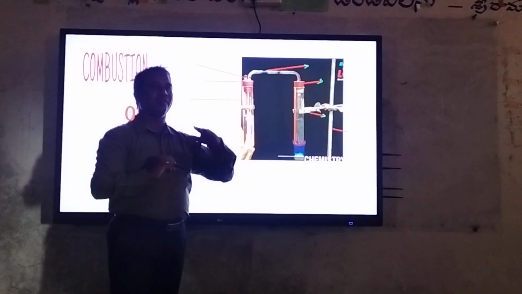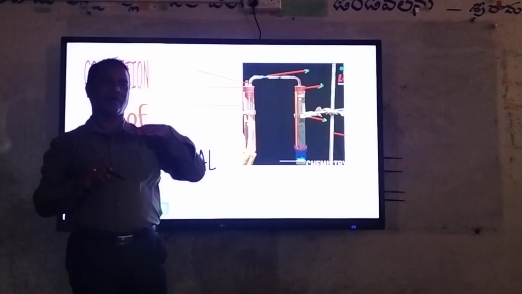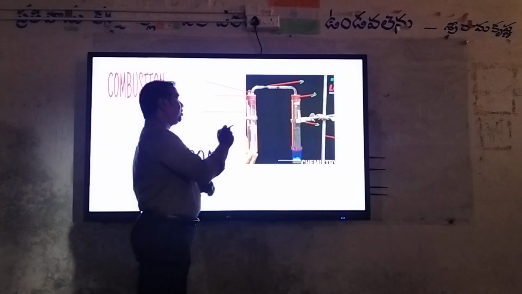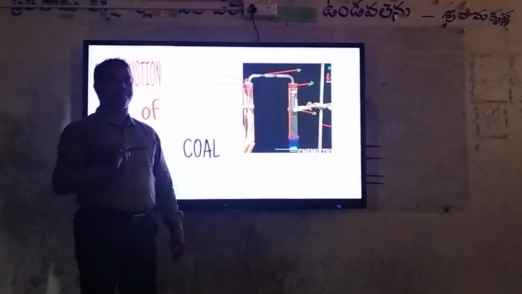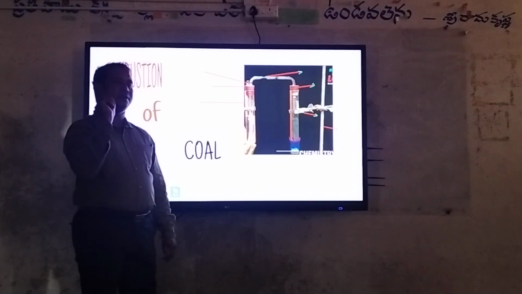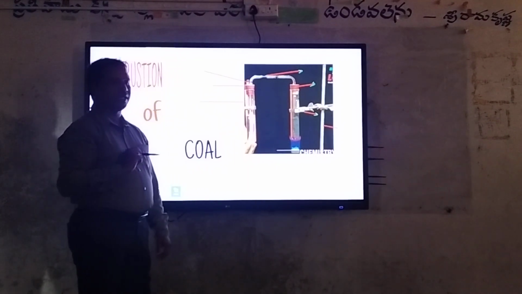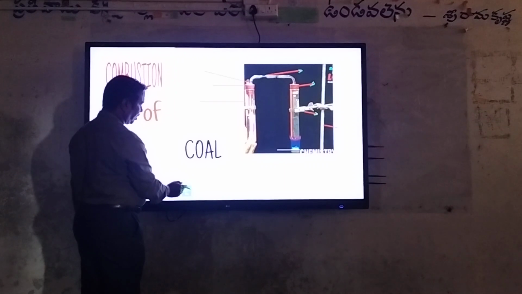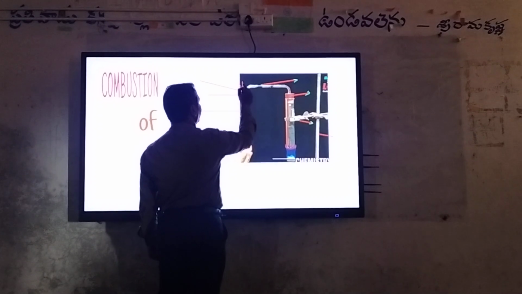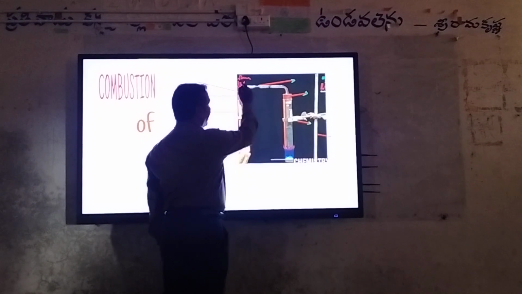Now this is called the jet pipe. Generally, what is the nature of the gas? It is lighter than our general air or substances. So they will exit outside through this, which is called the jet pipe. A jet pipe is nothing but a very small outlet where the force of the gases comes out with speed. Here we have to bring a flame to the gas. Then it will burn here. This is called a flame. Here is a flame.